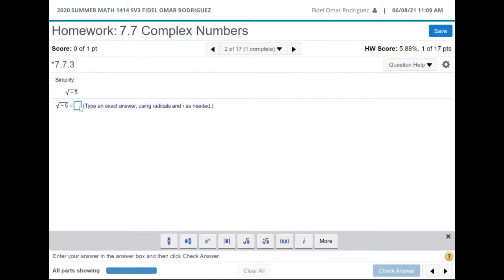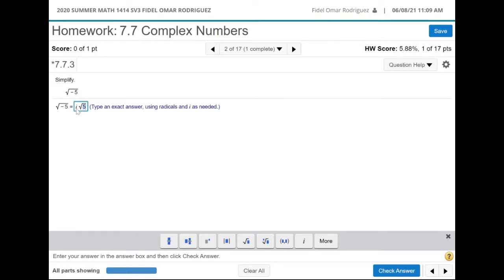Okay, so I see a negative on the inside. The first thing I'm going to do is write down my i. So there's my i. My second question to you guys: can we take the square root of 5, can we break down that number 5? No, right? Awesome. So I'm going to leave the square root of 5 alone.